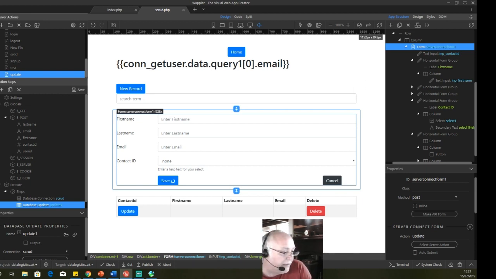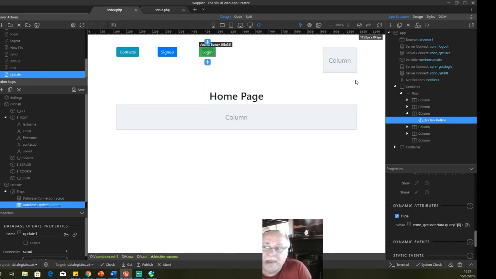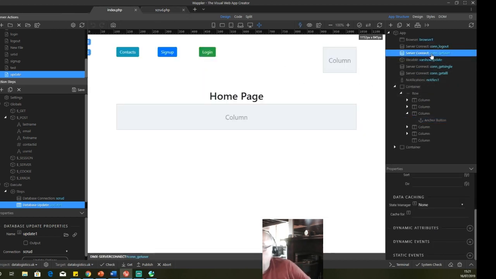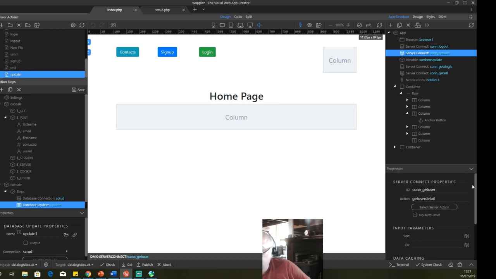Right, so next stage. We've created our thing, we've created our forms, we've allocated the users, we've updated that. The next thing we need to do is to amend that get user detail field that we had before. Remember in the index we got the user information via a server action called get user detail. What that does is it takes the ID, it queries a database on that ID and returns the details of the user. And if I fire that up,